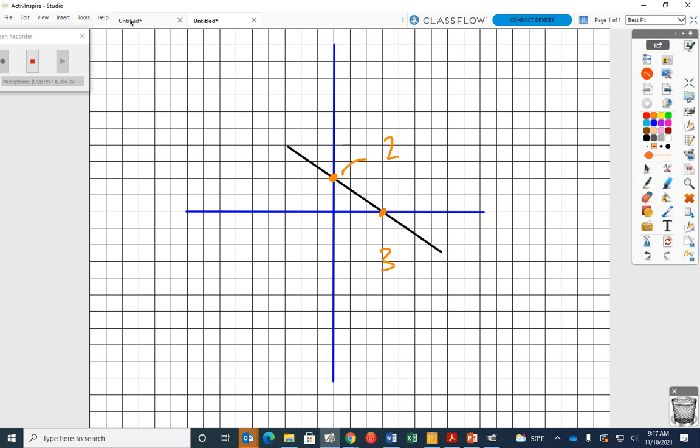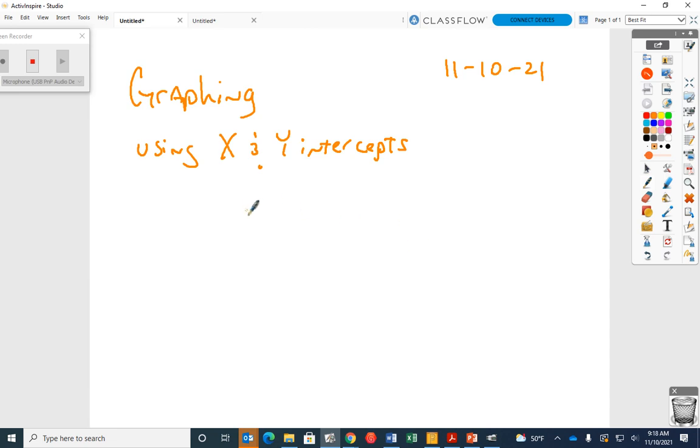Now let's go back. Let's say I have an equation that looks like this: x plus 2y equals 4. I could graph this using slope-intercept form, but I'm not doing that. I'm going to graph using just the y-intercept and the x-intercept. Well, how do I do that? Important stuff here: